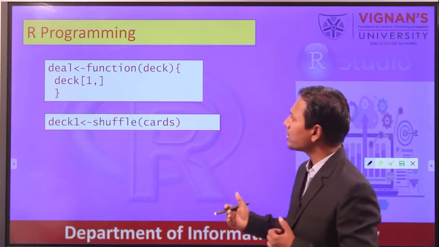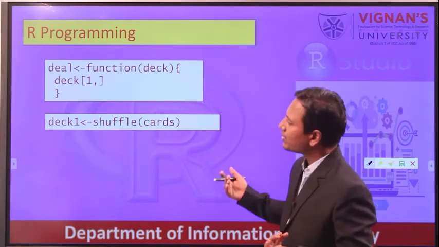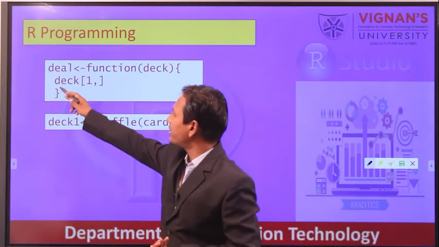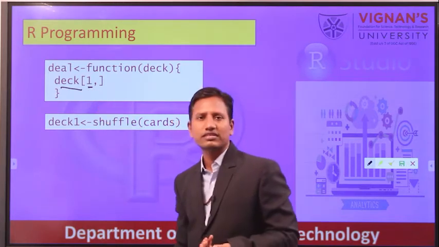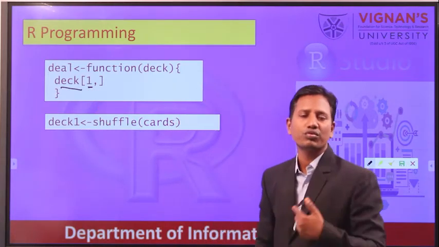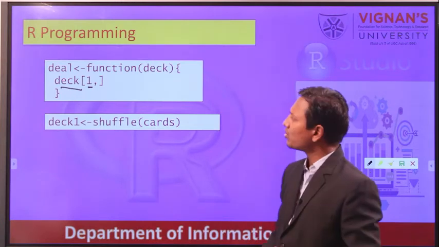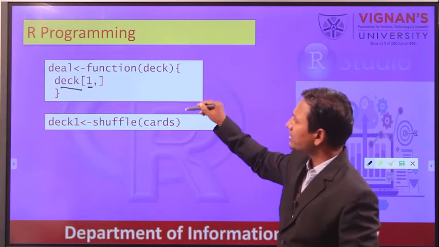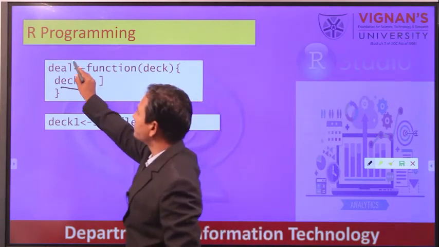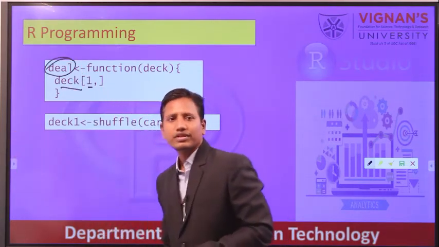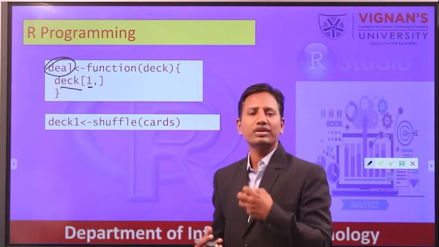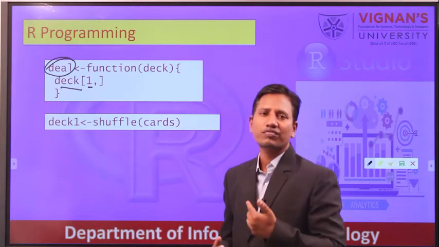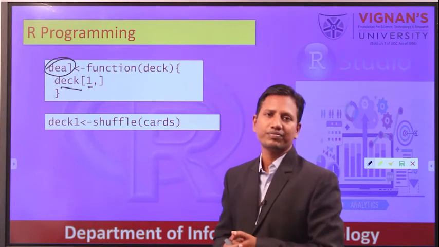For this, to pick one card, we are going to use the data frame deck and we are going to mention one in row, means first row I wanted to pick. So this thing I have kept in a function called deal. So when I use this deal function, I am able to get the first record from that data frame.